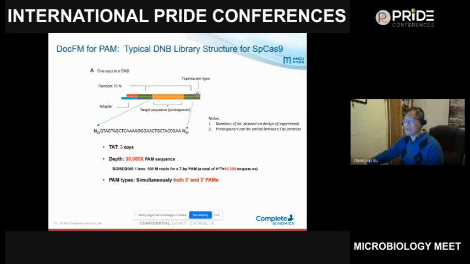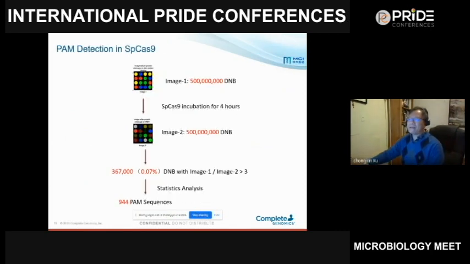These 7-mers have only 16,000 possibilities, so the coverage is about 30,000x per PAM sequence. Because we have both the 5' side and the 3' side, we can detect the PAM simultaneously on both sides. Just for example, among the 500 million DNBs,